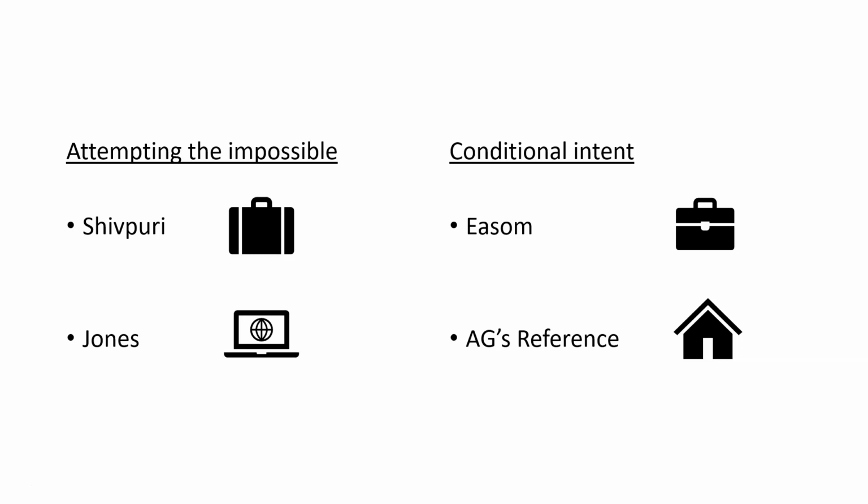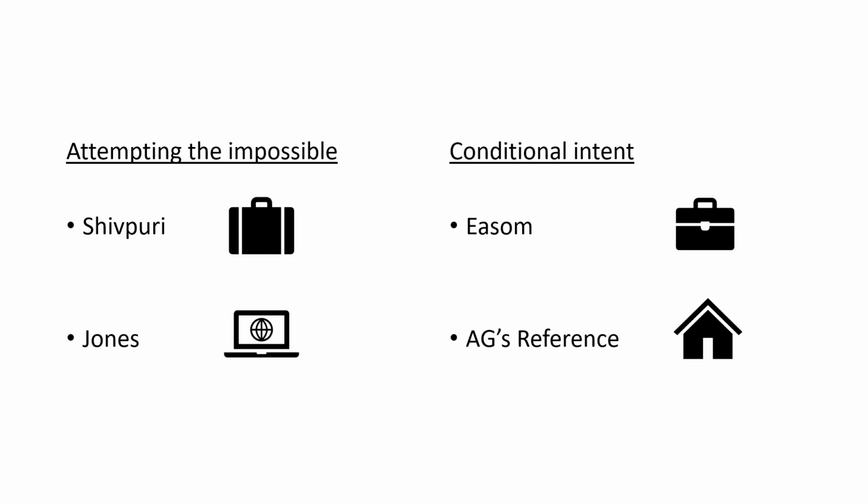Finally, with conditional intent, and it's really important that you understand this because a lot of people get this wrong, AG's reference has overruled ESOM, but I'm going to include ESOM just because it is relevant and it can be useful for looking at facts, and they do like to talk about it in a scenario, so it's worth mentioning. ESOM, he was in a cinema and he put his hand into this woman's handbag to take whatever he could find, so on the condition he could find something, he'd take it, but he didn't find anything, so he did decide not to. And he was found not guilty of attempted theft because they said he didn't intend to steal anything specific, so there was a sort of a loophole there, which meant they couldn't say that you intended to steal something specific, they couldn't get you for attempted theft.